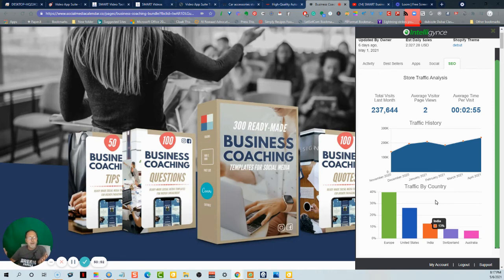This is what I love about this intelligence. You can actually go in and evaluate stores and see what the competition is doing, and then go look at Google, go look at Amazon, and then you kind of get a picture of what this market is like. This market is huge. This would be a supermarket to go into.